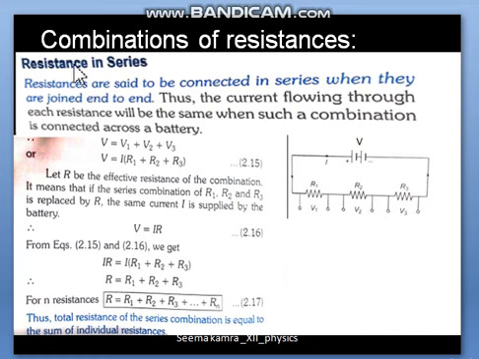So, resistances in series. The meaning of resistances in series is when they are joined end to end. That means if three resistances R1, R2, R3 are connected with one end common, like you can see, this end is common, meaning the right side of R1 and the left side of R2 are connected. Then in the same manner R2 and R3 are connected with one end. The second end is connected to something else. So this, one after another, is called series combination.